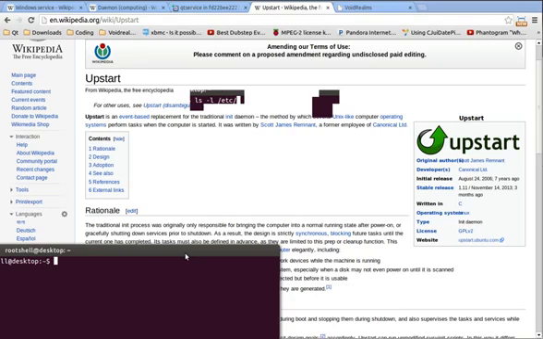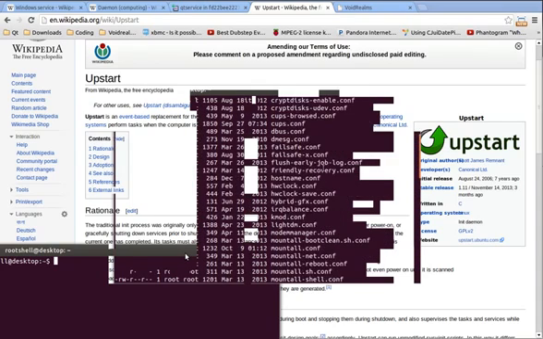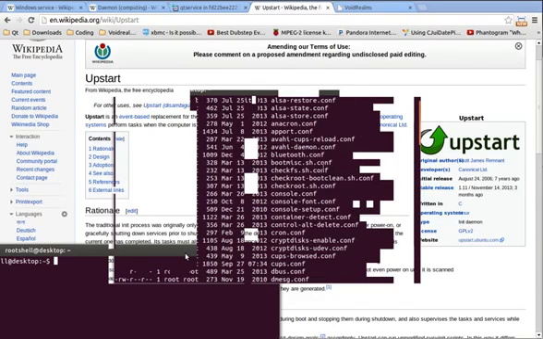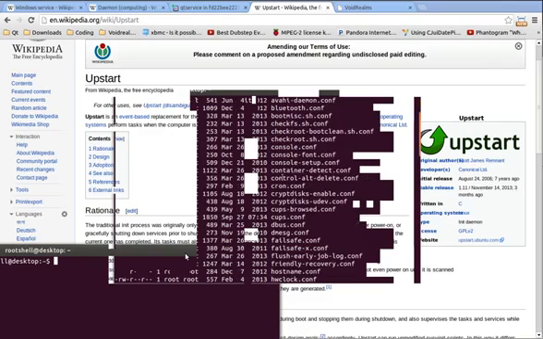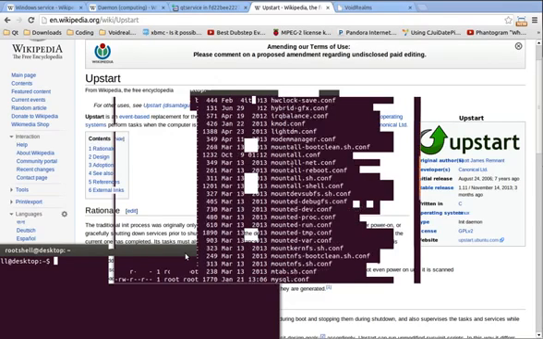ls -l on /etc/init. ls is just list. We're going to list in a list format on this directory. /etc/init is typically where your Upstart scripts are, and as you can see, I've got some running here on this virtual machine. I've got Bluetooth, check file system, check root, cron jobs, cups, you know, just a little bit